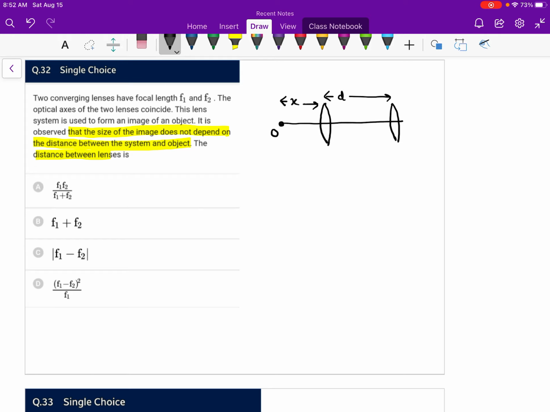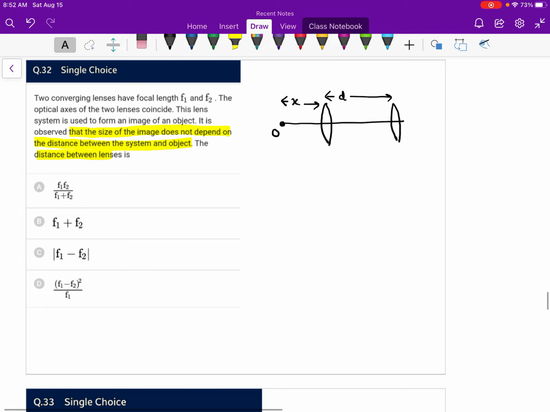For that we need to find out the focal length. Okay, so let's say from the first lens, image location v1 is u f upon u plus f. So u is minus x, f upon u plus f. So that is minus of x f1 upon minus x plus f1. So let's absorb minus sign. So this is x f1 upon x minus f1. This is object distance. This is image distance from lens 1. So suppose image from lens 1 forms at this position.